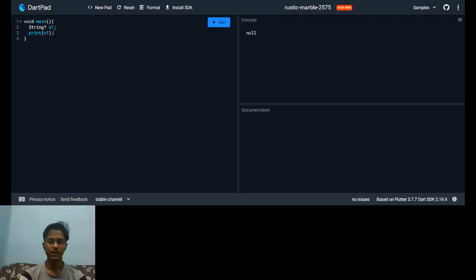One of these is the null aware assignment operator, which looks something like this. Wait a minute, just let me clear this. So the Dart null aware assignment operator looks like this. Keep this in mind and let us write a program to see how this null assignment works. So let us take three variables. Integer a is equal to 5, let us say,